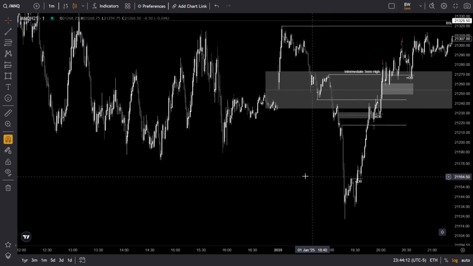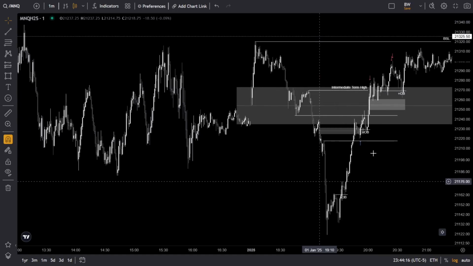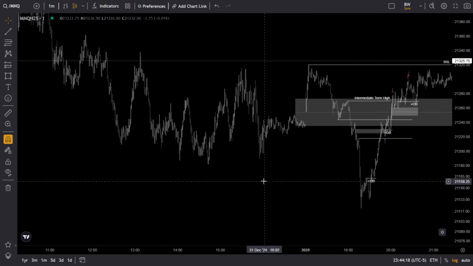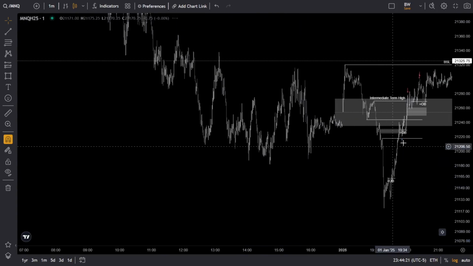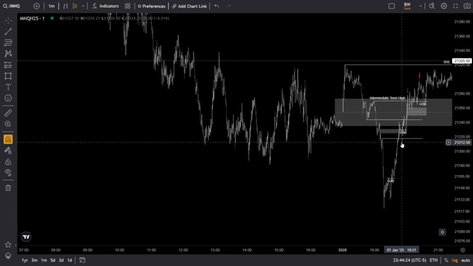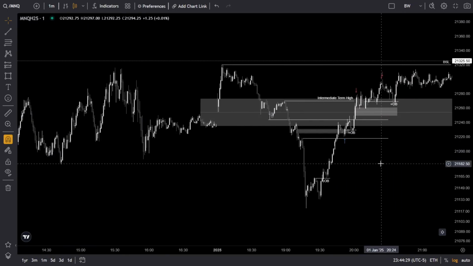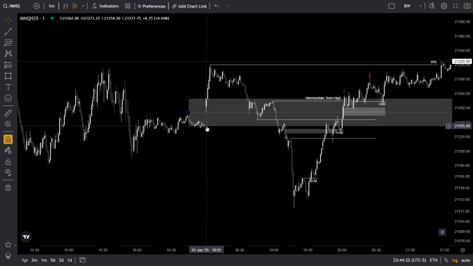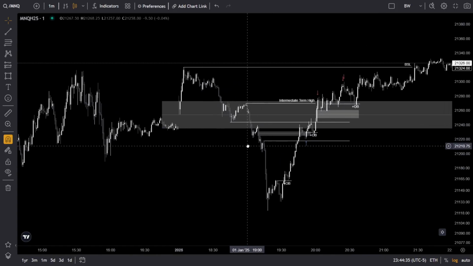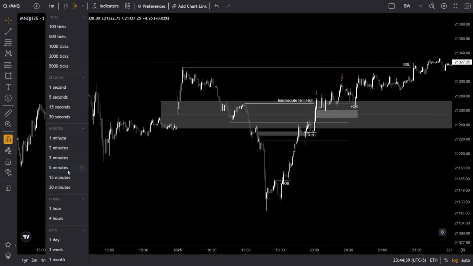So let's get right into why I took this trade and why it was a successful trade and how I trailed my stop loss effectively. I took this trade at approximately 7:51, so exactly 7:51 p.m. Eastern timing, and this is an Asia session trade because it's after 6 p.m. Eastern timing, and it's before 12 a.m. Eastern timing. So it's a nice little Asia session trade, and I'm gonna zoom out to the 15-minute chart so